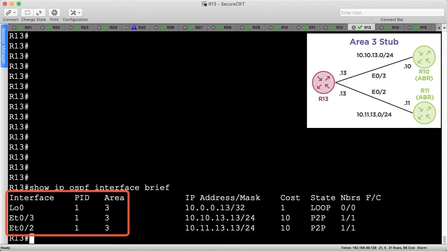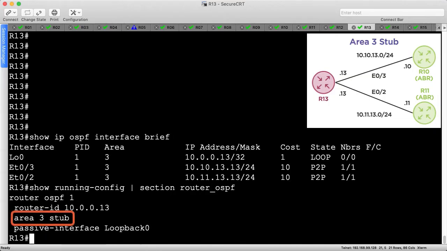I've placed all its interfaces in Area 3, making it an internal router by title. However, Area 3 is a special kind of area, and we can check the global OSPF configuration to learn more. I've configured it as a stub area, meaning that no external routing information, such as LSA types 4 or 5, may exist within this area. The ABRs R10 and R11 both originate default routes into the stub area to ensure internal routers like R13 have